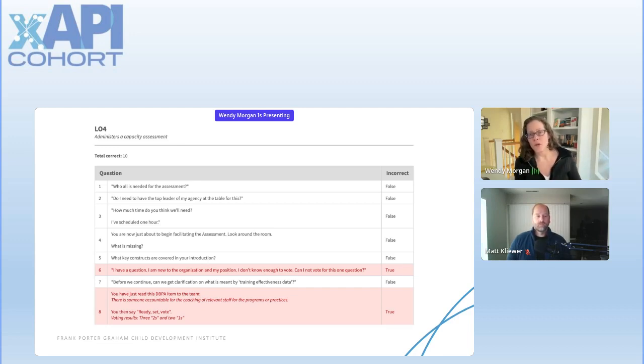So where did they struggle during this capacity assessment? And although this is a screenshot, I think it scrolls down to like 14 questions or something like that. But you can take a look at which ones they struggled with. So which ones they got correct or not, or I guess in this report, which ones they got incorrect or not, for whatever reason, that's how we structured it.